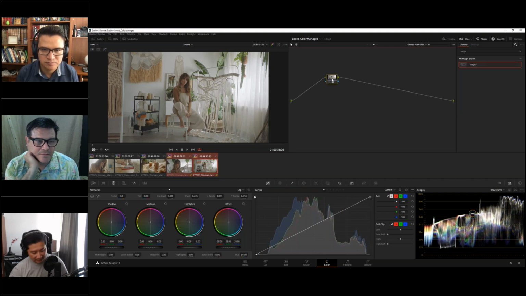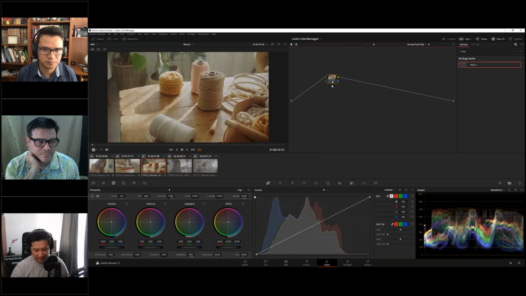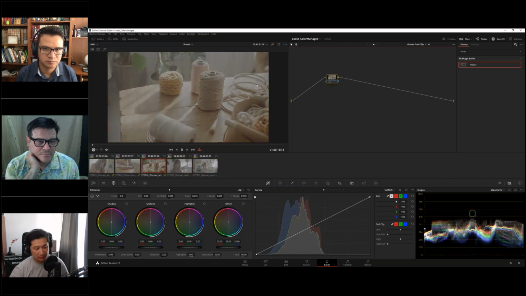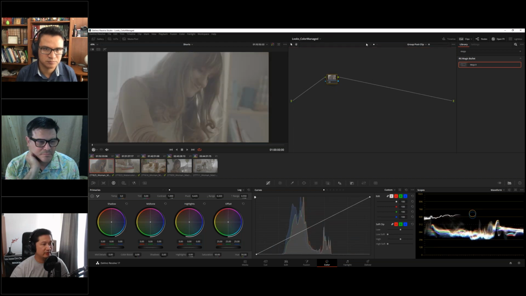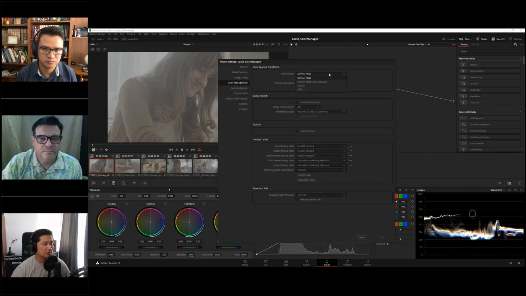So let us delete all the LUTs here in the post clip, because we are going to use the color management. By pressing Control Home, you can reset everything. And now let's go to our project settings. Here in the project settings, we can simply use the drop down in the color science,